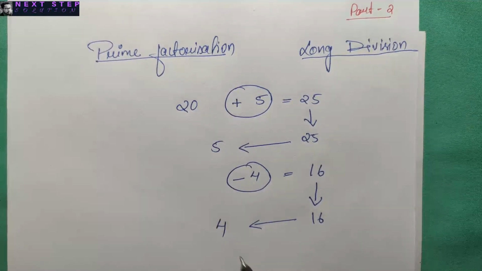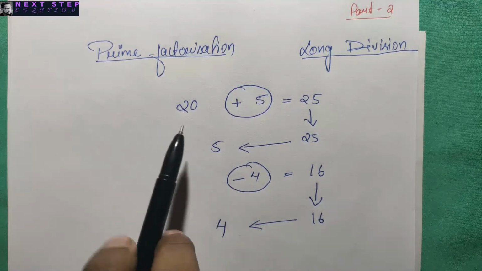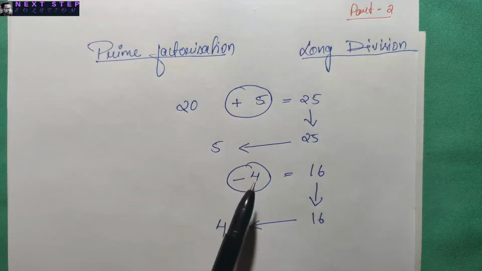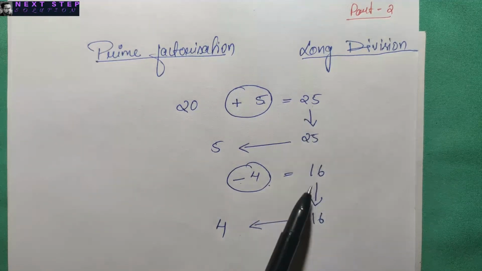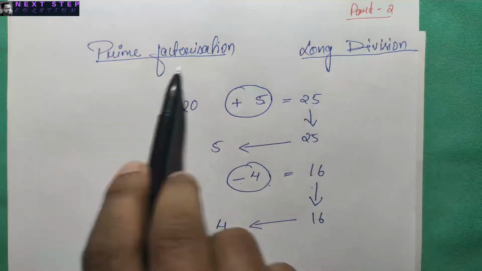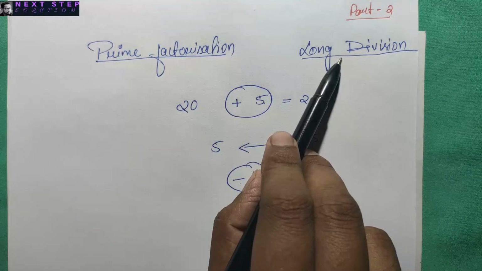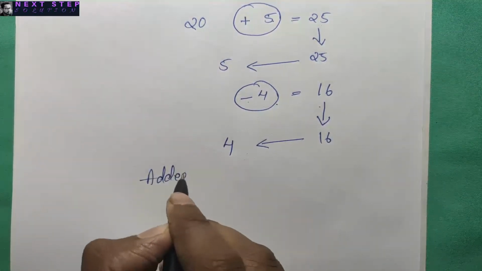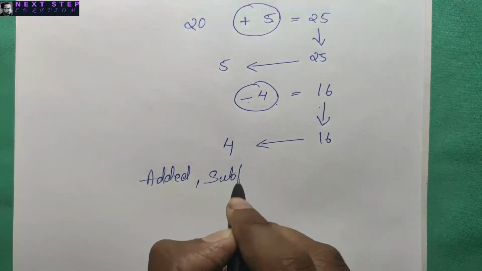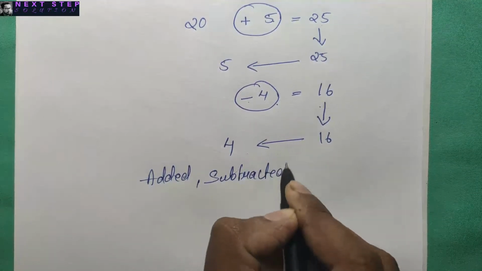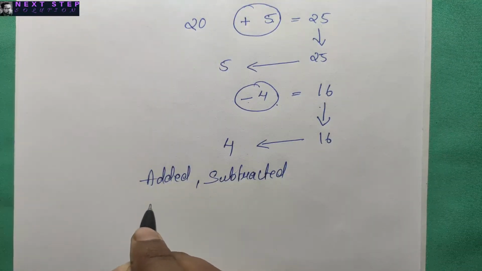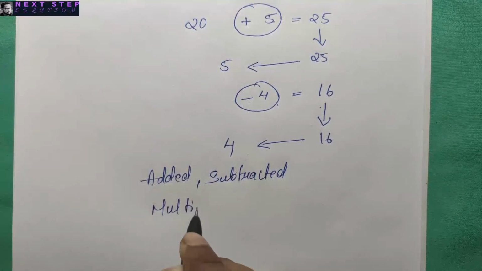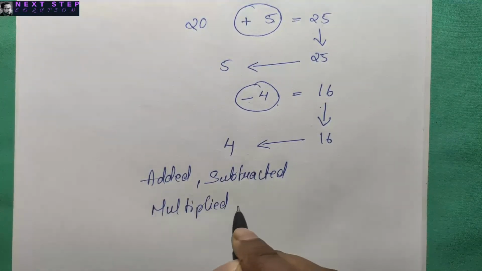16 is the perfect square of 4. But if the number is bigger, like a 3-digit or 4-digit number, and we don't know the square near to it, we can't directly add or subtract a number to find the nearest square root. In that case we have to use these two methods, any one of these. The question may be like what should be added or subtracted. It can even be like what should be multiplied or divided.